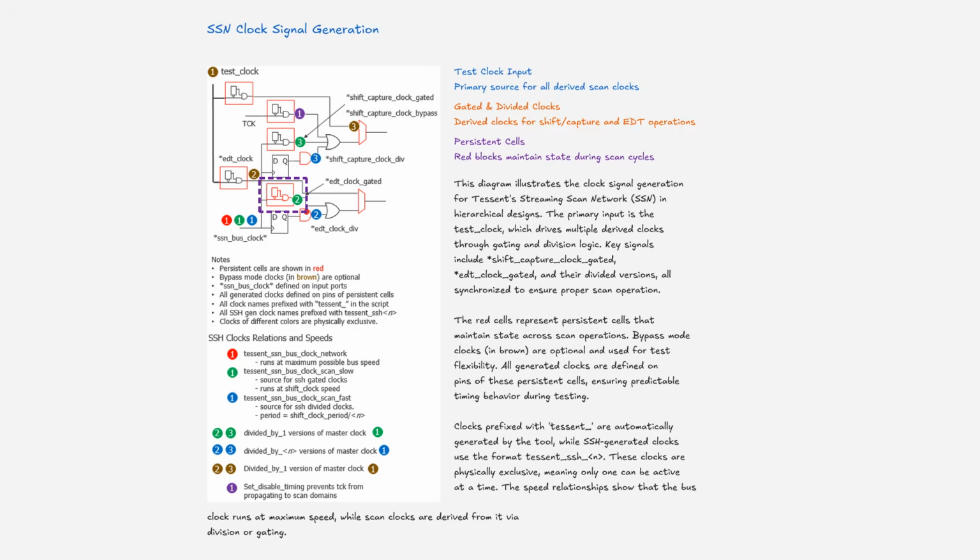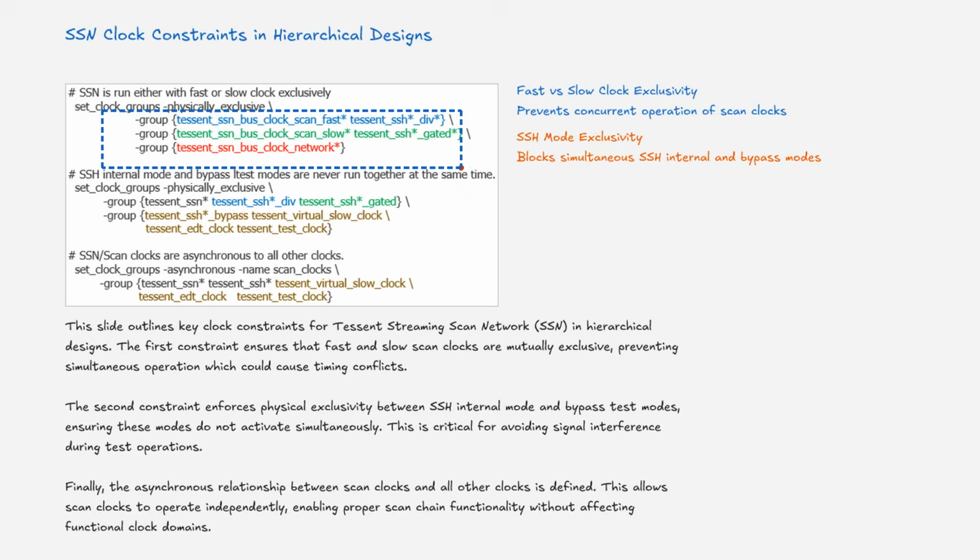This slide outlines key clock constraints for Tessent Streaming Scan Network in hierarchical designs. The first constraint ensures that fast and slow scan clocks are mutually exclusive, preventing simultaneous operation which could cause timing conflicts. The second constraint enforces physical exclusivity between SSN internal mode and bypass test modes, ensuring these modes do not